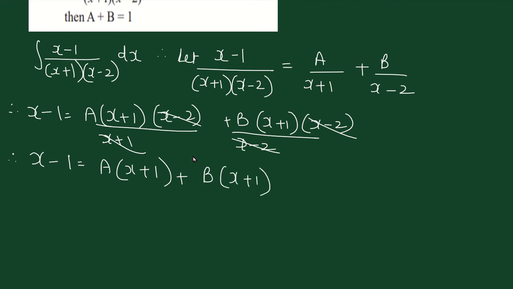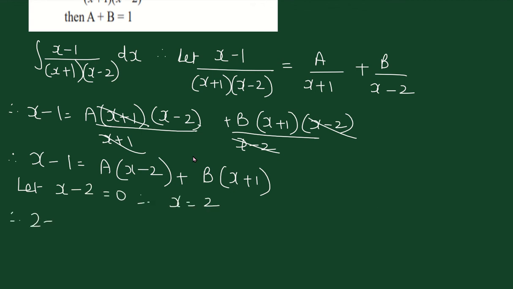Okay, in this case, I made a small mistake over here. Really forgive me. See, it is x plus 1 which gets cancelled, x minus 2 doesn't get cancelled, x minus 2 is there over here. So this term becomes a into x minus 2. Now, we put any one of these brackets as 0, let x minus 2 is equal to 0, and therefore x is equal to 2.